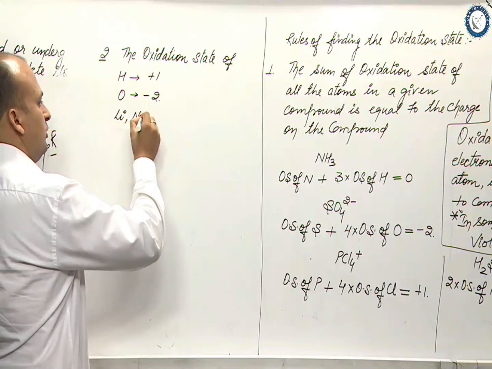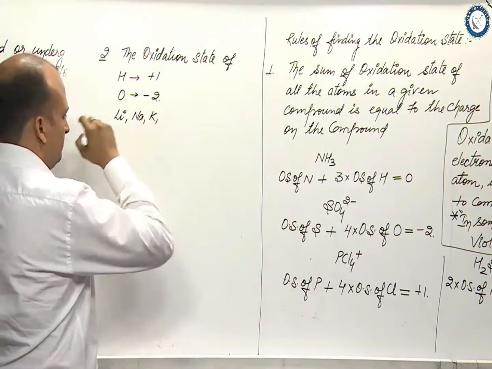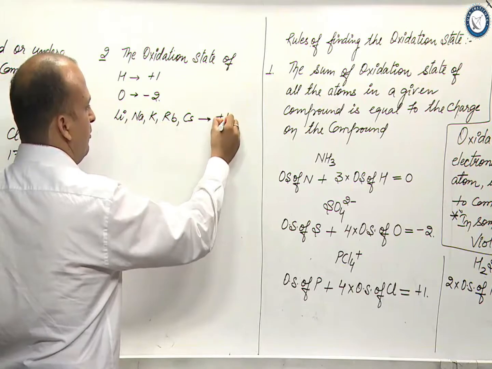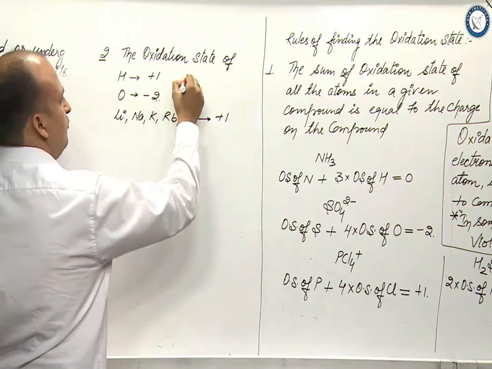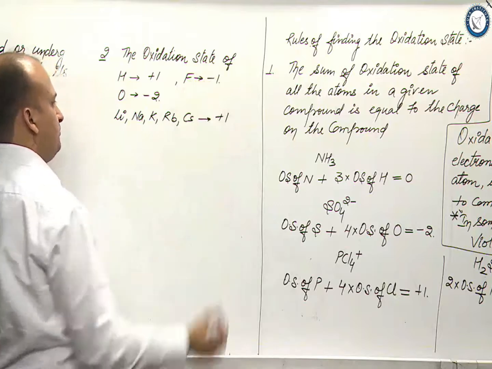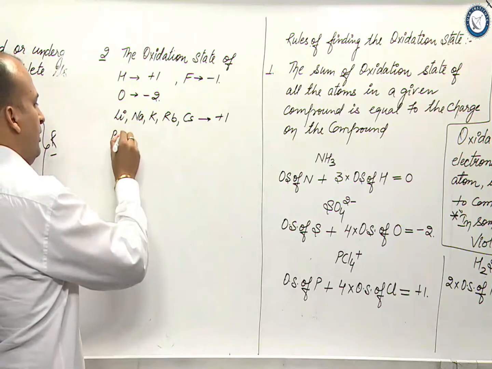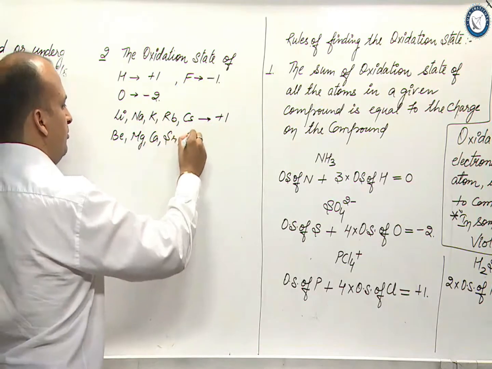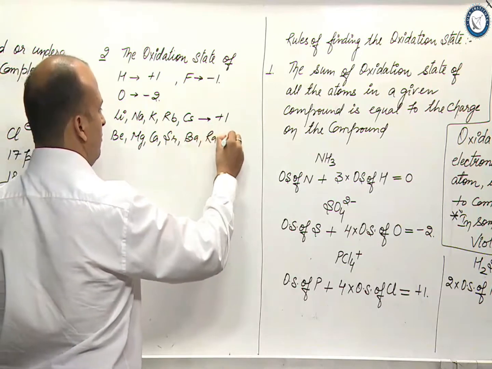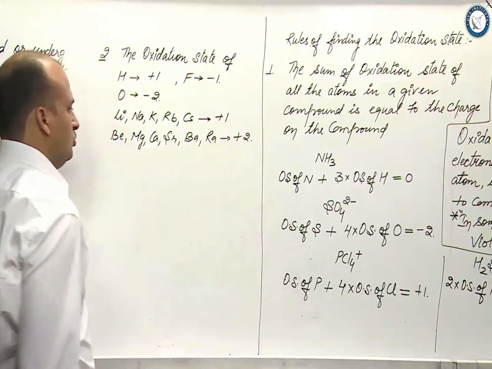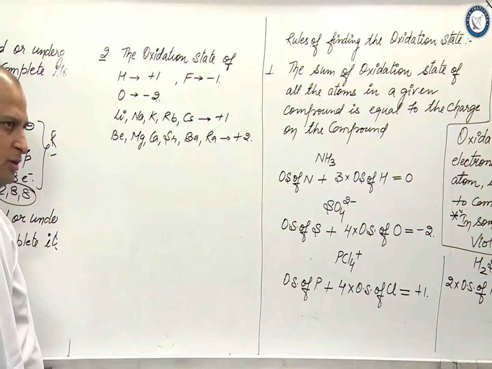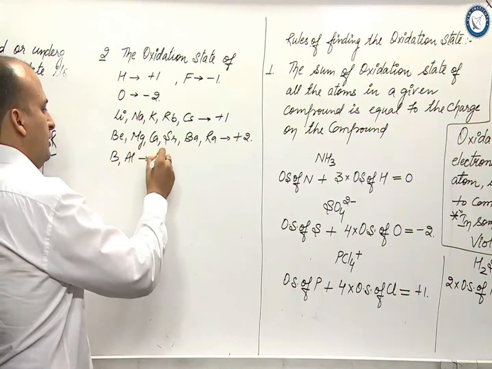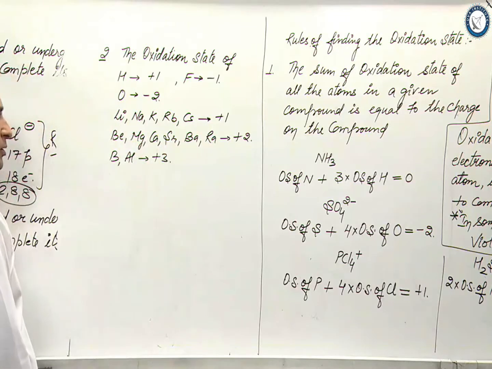lithium, sodium, potassium, rubidium, cesium, all are +1. It is fixed. Fluorine fixed -1. Beryllium, magnesium, calcium, strontium, barium, radium +2. Okay, you'll get boron, aluminium +3. Okay,